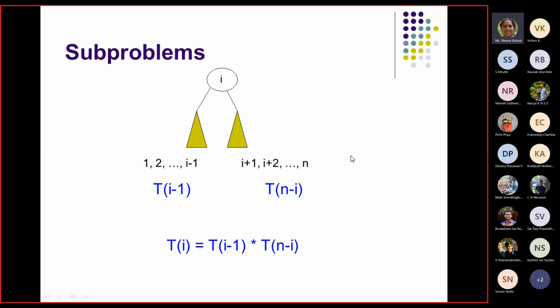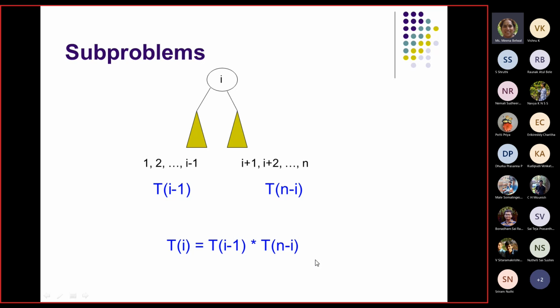So if Ti represents the unique binary search trees considering I as the root node, we are not talking about 1 to n now. Considering only I as a root node, only for one node you will get this many combinations. Like that we have to do it for all n. So this is only for one. When you consider only I, we can say that Ti is T(I minus 1) into T(n minus I). This is for considering I as the root node.